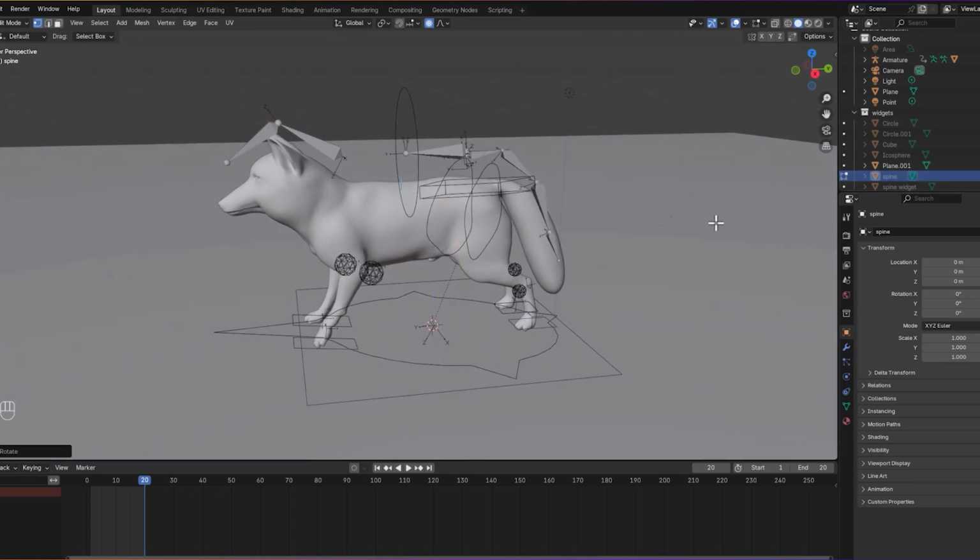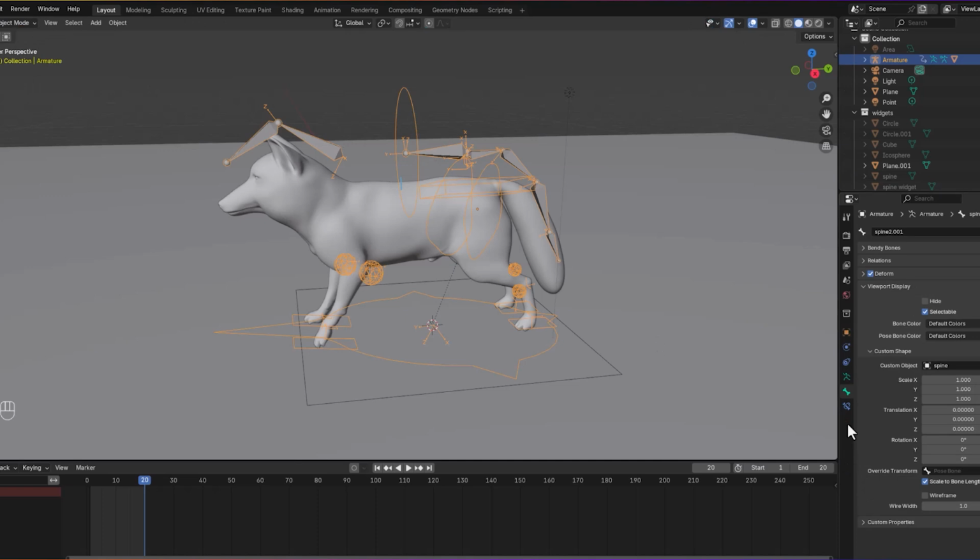So here I can hide it, so we have this instead. So I can go back and select this mode, and for this we can translate this with Z, Ctrl Z,